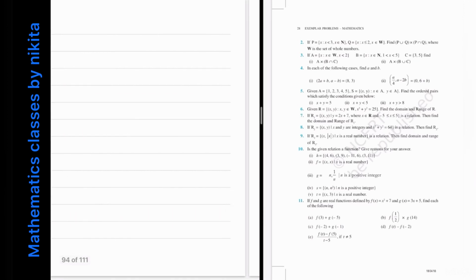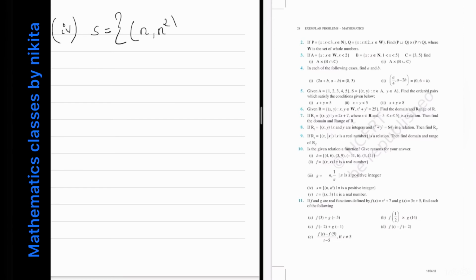Okay, next part. In the next part it is given that small s is equal to (n, n square), such that n is a positive integer. So n belongs to Z plus. Now again, if you take any integer and square it, you will get only one number. I took 3, the square of 3 is 9. I will not get 2 elements or more than one element. So again s is a function. So I will write that s is a function